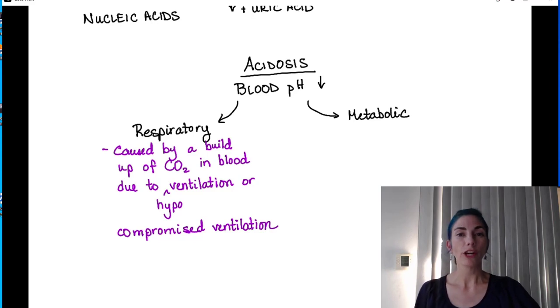Okay, so let's look at metabolic acidosis. In metabolic acidosis, you have an accumulation of acid from some sort of metabolic byproduct, and that usually is the ketone bodies that are produced because of excess lipid metabolism. Now, you're breaking down fatty acids and fats in your body all the time, and so you're constantly dumping ketones into your blood, but you're dumping a relatively small amount of them, an amount that your urinary system is capable